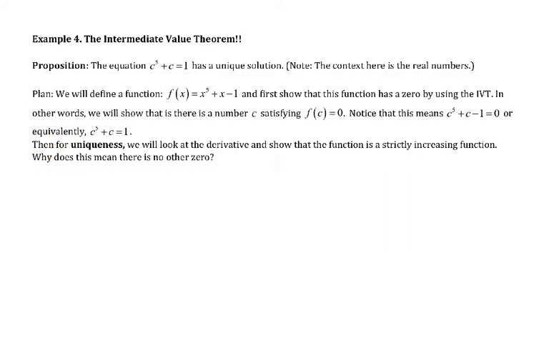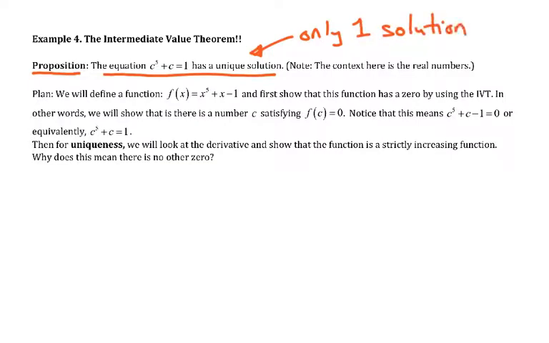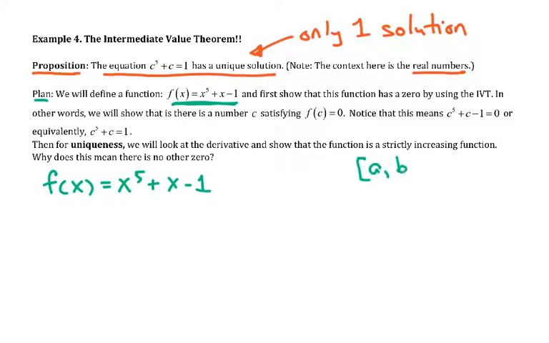Okay, so we're asked to prove that this equation has a unique solution. That means only one solution. And we are talking about real numbers. Just make sure that's obvious. So this is the plan. First, we're going to define a function so that we can use the intermediate value theorem. So we will have this function, and we'll need to do some scratch work because we've got to find this interval a, b,